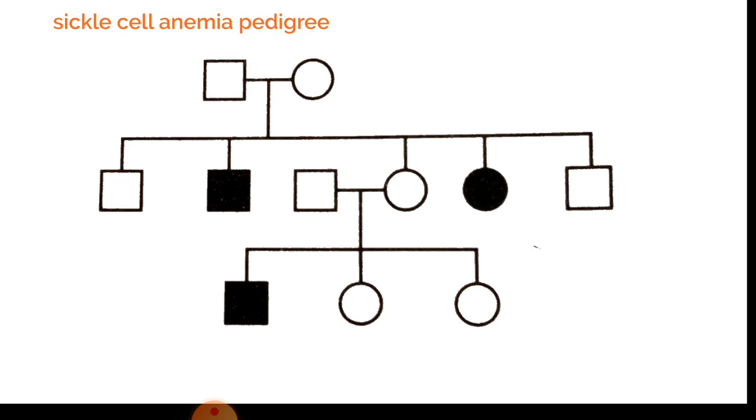Now this third female who does not show the trait marries another man who is not showing this trait, but again they have a son who is affected and has the trait, but 2 daughters are not affected. So this means both this daughter as well as the man whom she marries are heterozygous for this trait, that is for sickle cell anemia, and that is autosomal. That is why it comes in one of the children in the homozygous state and it is expressed.